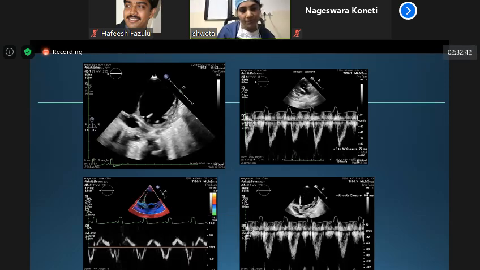So normally what happens, the conduction first goes through the left bundle, and that's why the aortic valve opening happens first. And then there is a very slight delay from the aortic valve opening to the pulmonary valve opening because of the slight delay of the right bundle, the electrical signal that goes through the right bundle. So usually Q to aortic valve is lesser than Q to pulmonary valve opening. But if you find this difference more than 40 milliseconds, that means there is a significant interventricular dyssynchrony.